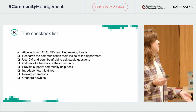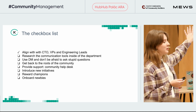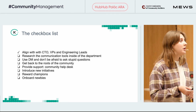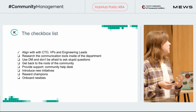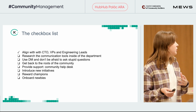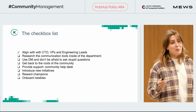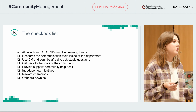Introduce new initiatives. This is time while you're doing something that is old but gold, as in our case it was educational projects. It's time to introduce some new initiatives based on what you've been researching and based on what you got from your engineer leadership. So it's time. I don't know what it will be for you. For us, we decided to proceed to introduce